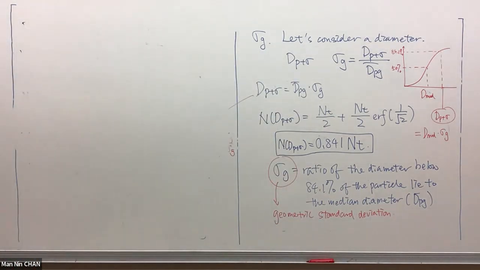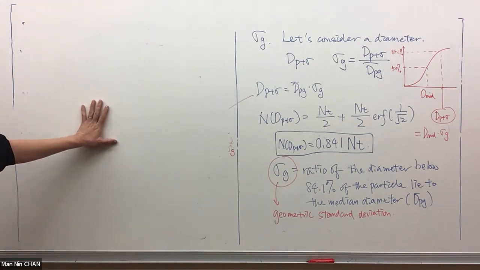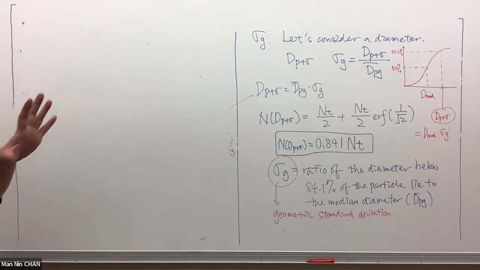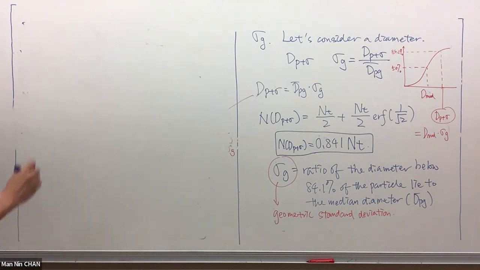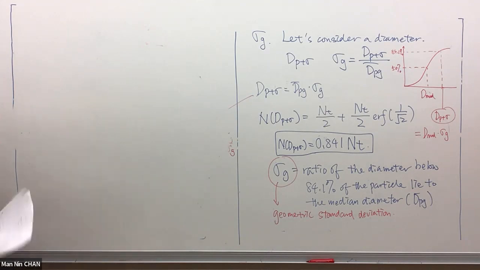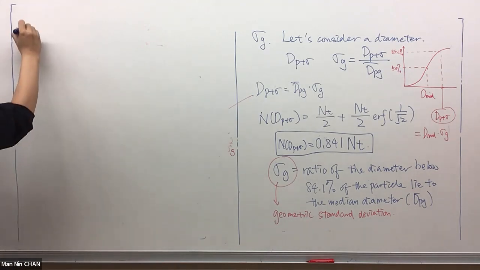So remember, of course we showed you the log normal distribution function. Of course, you can also always apply this to your different types of aerosol population. But one thing is we always emphasize two cases. One is called the monodispersed. Monodispersed means that you only have a single particle size. So therefore, in that case,